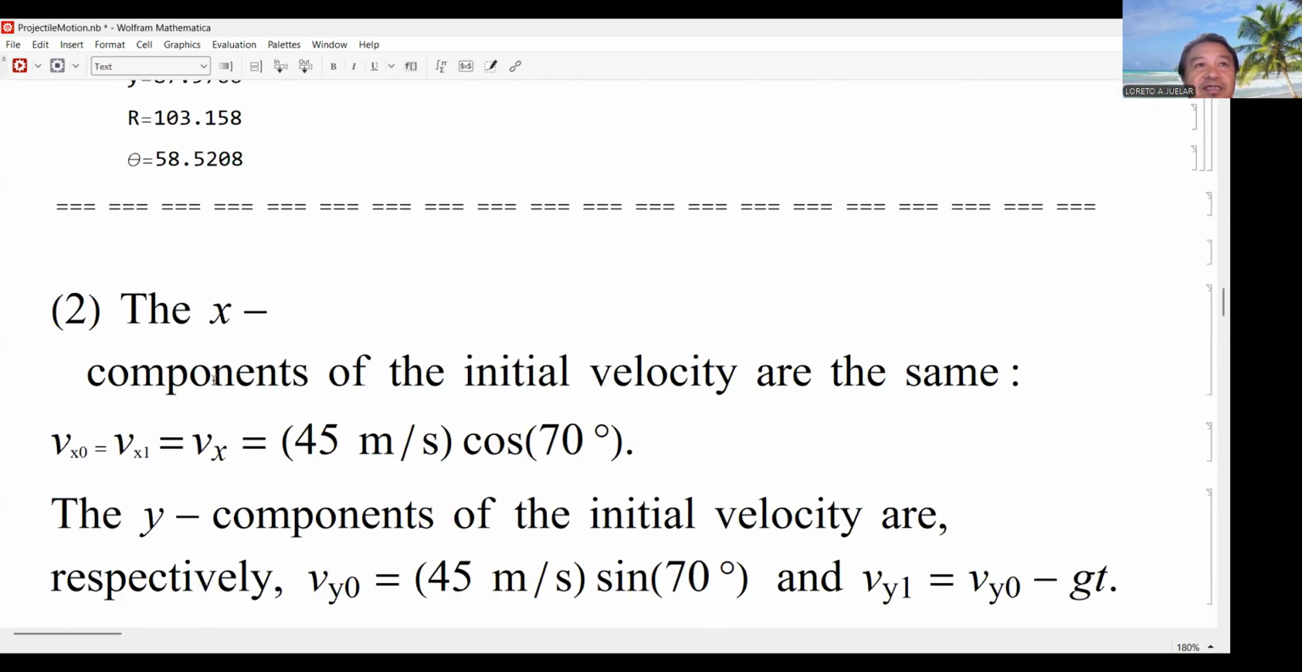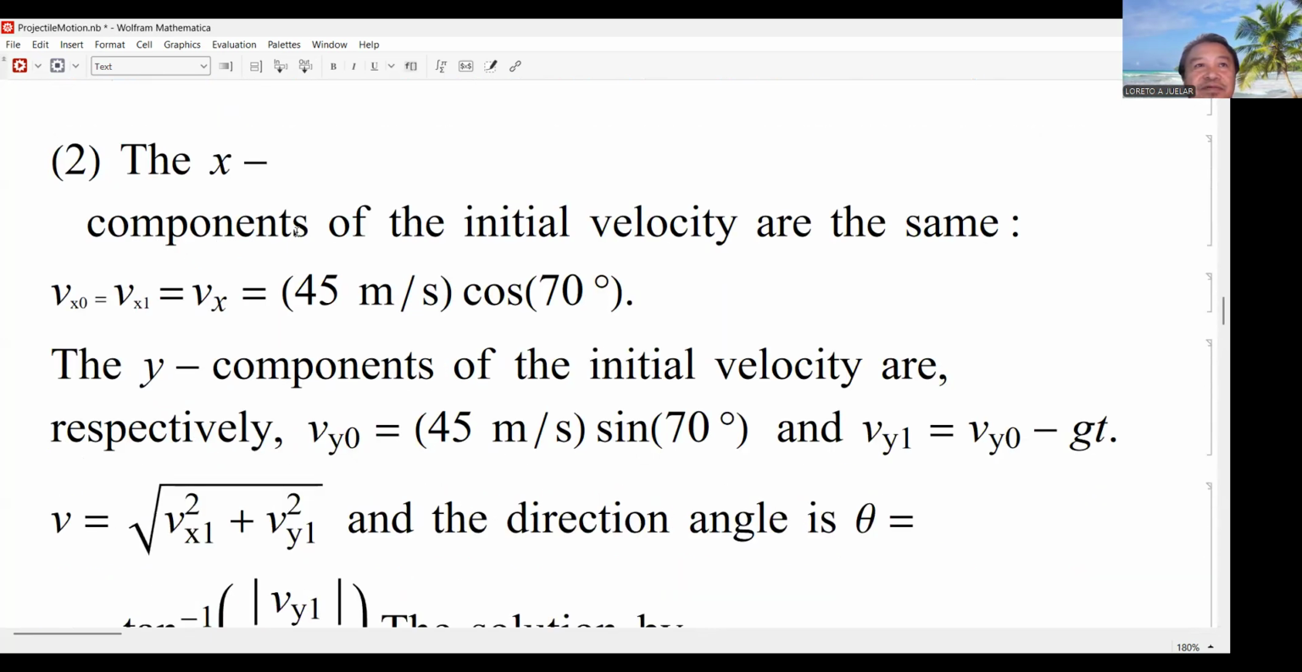So the x component of the initial velocity is the same, no? The x component of the initial velocity is equal to the x component of the final velocity. So that is 45 times cosine 70 degrees. The y component of the initial velocities